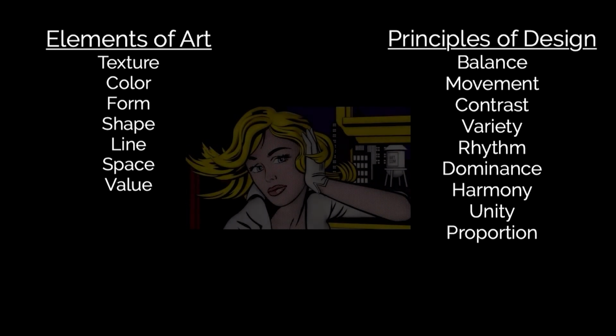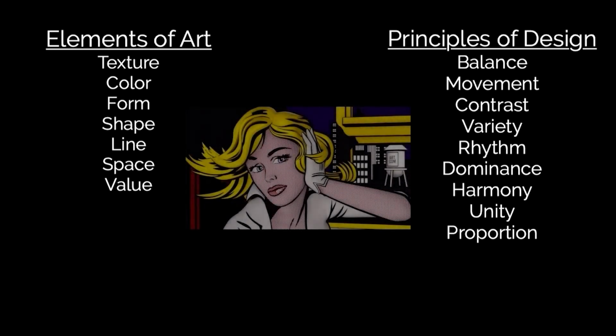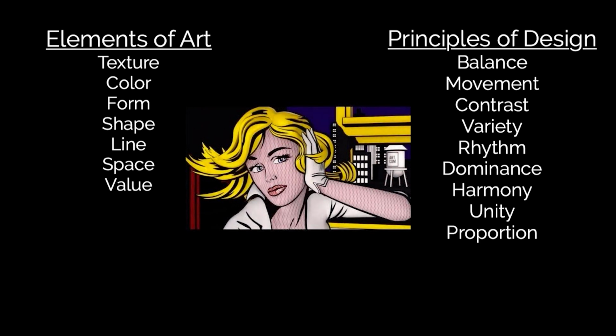Lastly, let's take a look here at Lichtenstein's work. What I'd probably have to say about this would be one of the first things that come to mind is that it does create dominance in, you could either say color or value, but actually in this case I would say color because the white is just as bright as the yellow, but I feel like the yellow in the piece stands out more. So I could use dominance for that. I could also say that there's dominance in texture because her skin is the only place where you see that dotted effect, and that kind of forces your eye to go to the areas where her skin is.